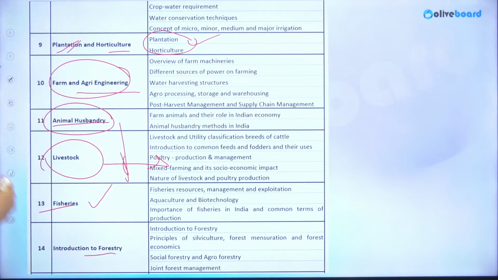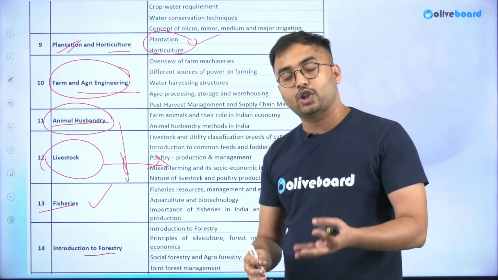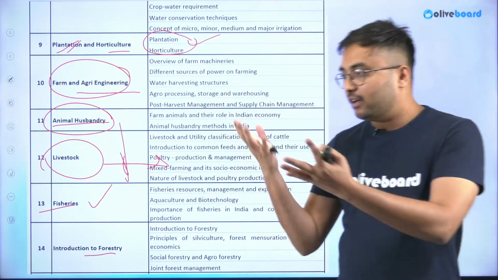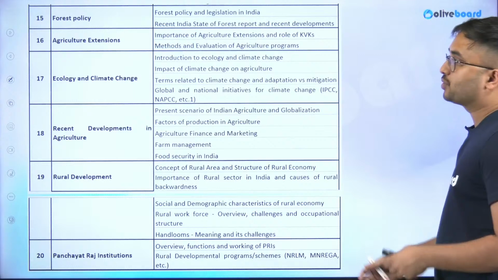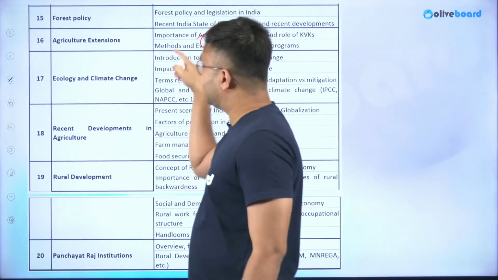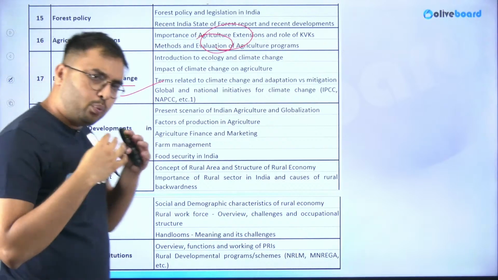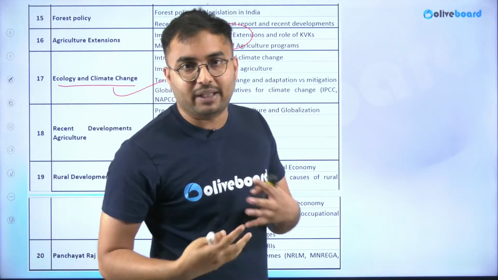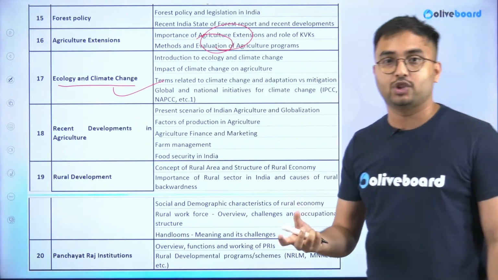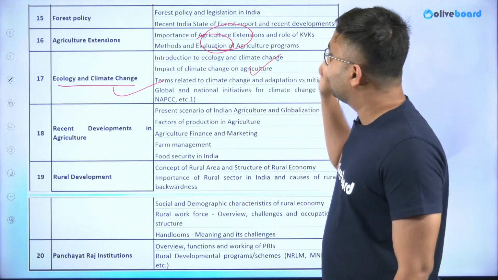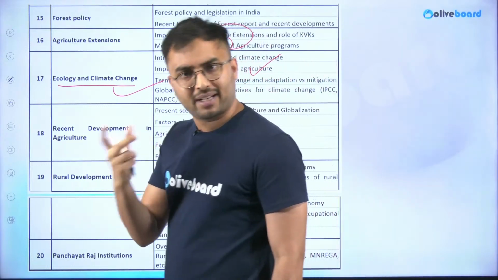Fisheries, forestry, how forestry is different from plantation, how agricultural cultivation, farming and forestry are done together in coherence. Then comes agricultural extension, what is agricultural education, ecology and climate change. So with changing climate, what are the different steps we have taken towards improvisation of agriculture and overall climate resilient agriculture. You have heard these terms in the newspapers, am I right?